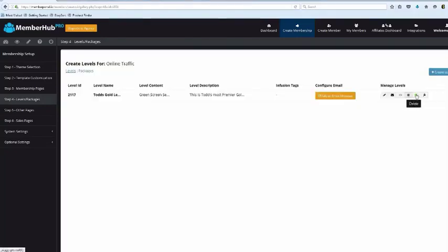Then what we can do is we can go ahead and delete the level. This is how we can activate the level or not. And then over here, I had no idea this was here. This leaf is brand new. It wasn't there last night. But what it's going to do, it's going to take me to the landing page settings. So I know where else we can get to that. Okay? So, yeah, there's stuff being added all the time.